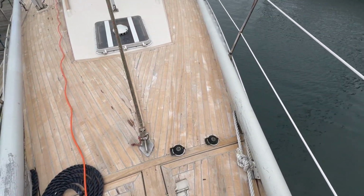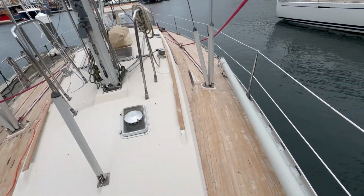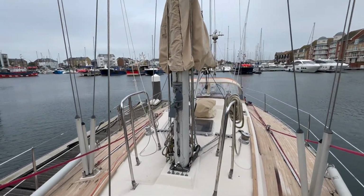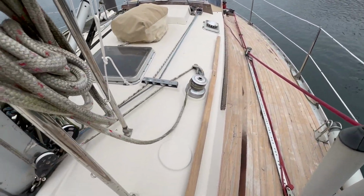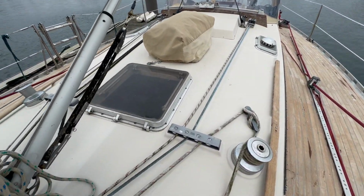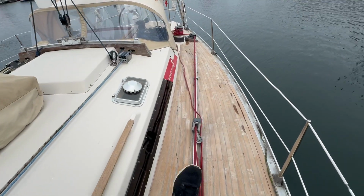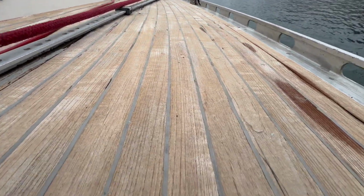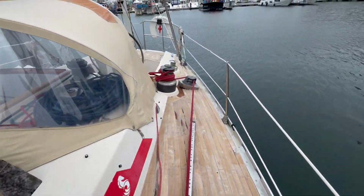Foot controls for the windlass there, and if I just move backwards along the port side, we have another lovely great big pole there. There's fixtures and fittings on the mast for that, and past the granny bars, I'll just swing inboard here, and of course we have got the grab rail to help us back towards the cockpit if we want. A couple of winches on the upper deck there, more hatches, and I'll just make my way back along the port side if I don't fall over, and a bit of a close-up of the deck there. Here we go for you, and that brings us nicely back to the cockpit of this